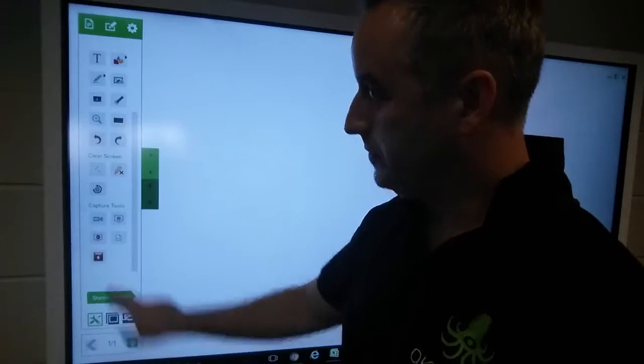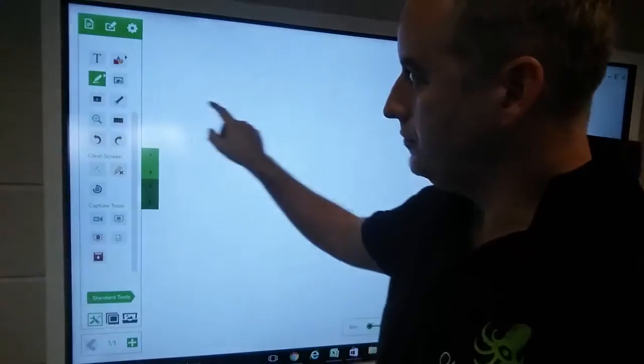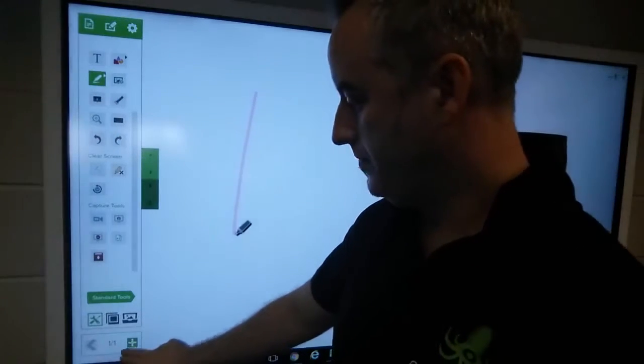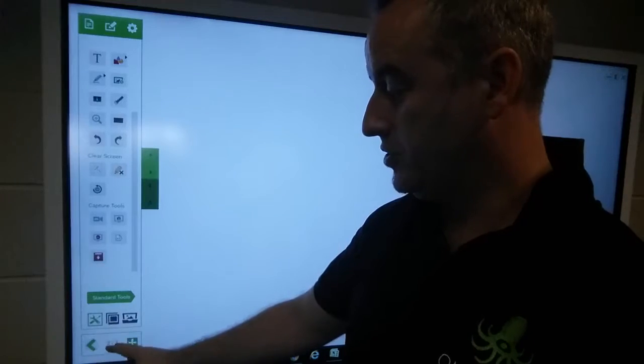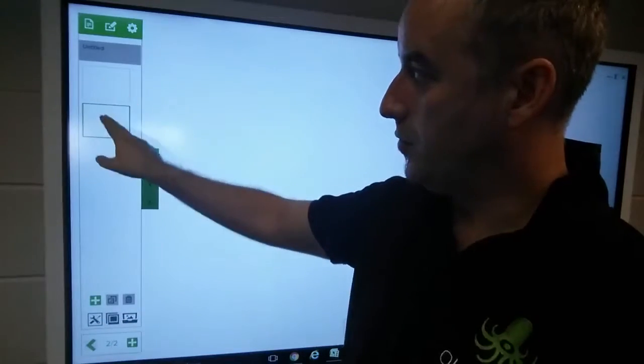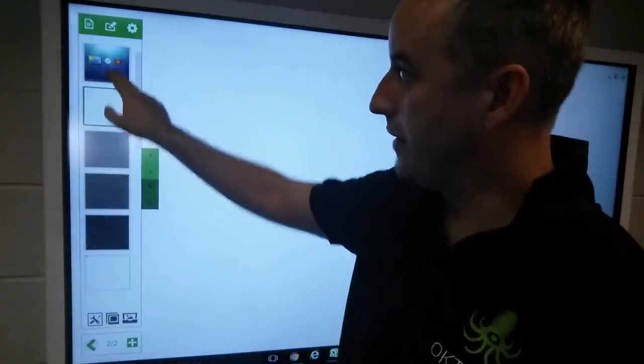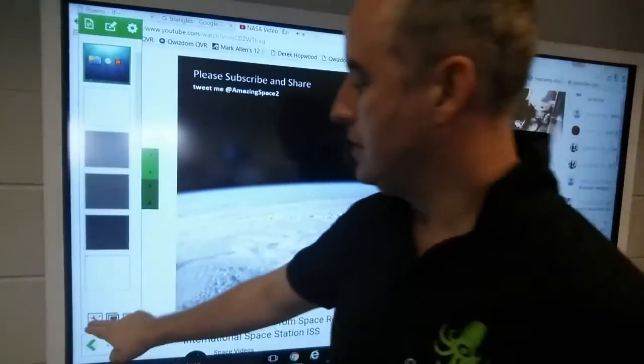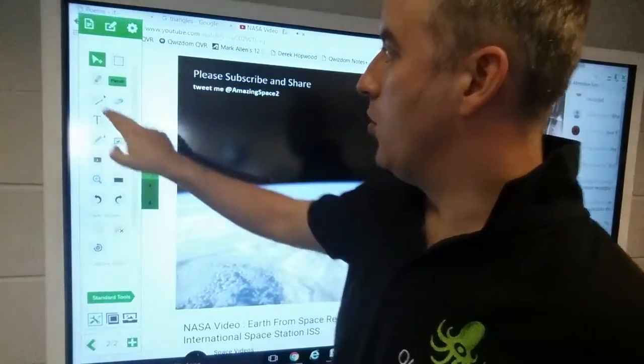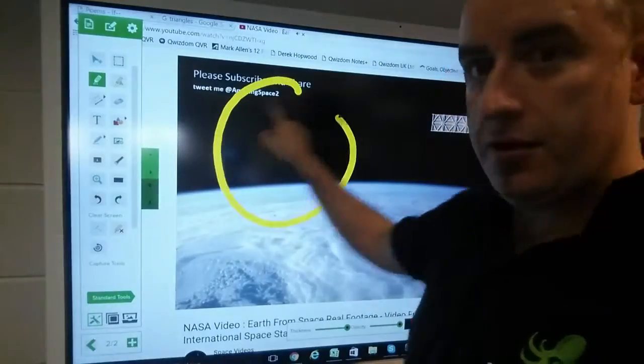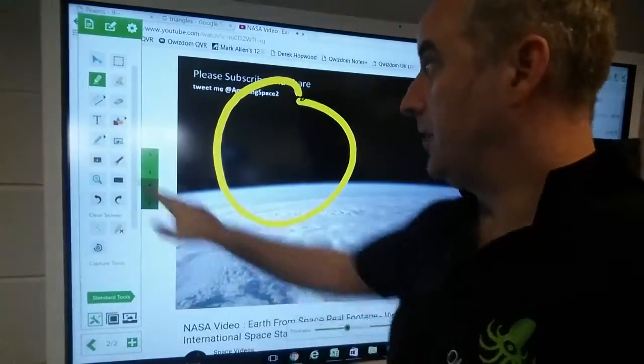Just to explain this section here, so we just say this is slide 1. When I choose this plus sign, I can capture slide 2. So this is slide 1, this is slide 2. I can change my backgrounds, and I can also annotate as well over the internet, and it could be over